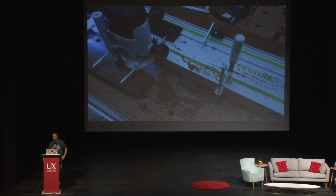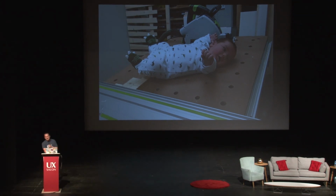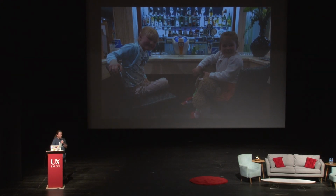In my free time, I enjoy building furniture for our house and our garden. And last January, our third kid was born. And while juggling around the stuff in our house to make room for our baby boy, my partner had the idea of getting a bunk bed for